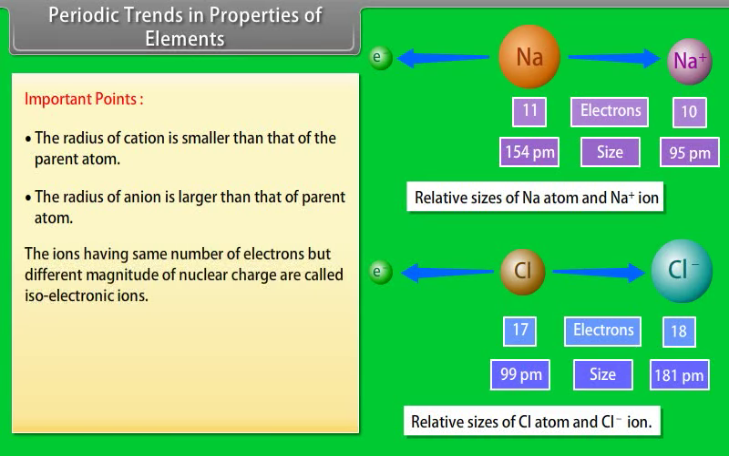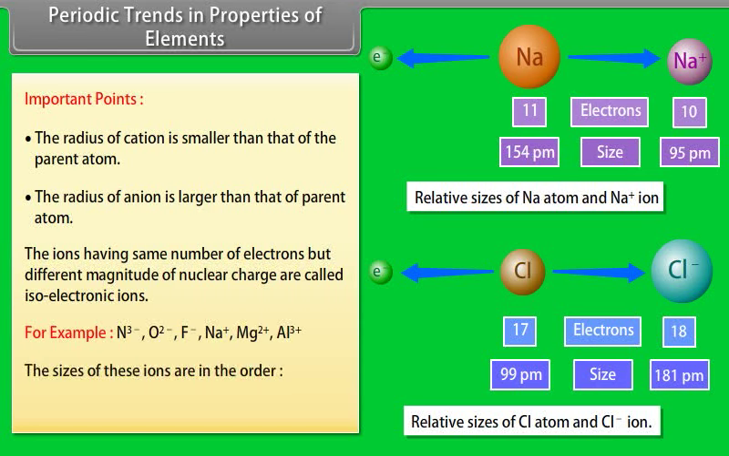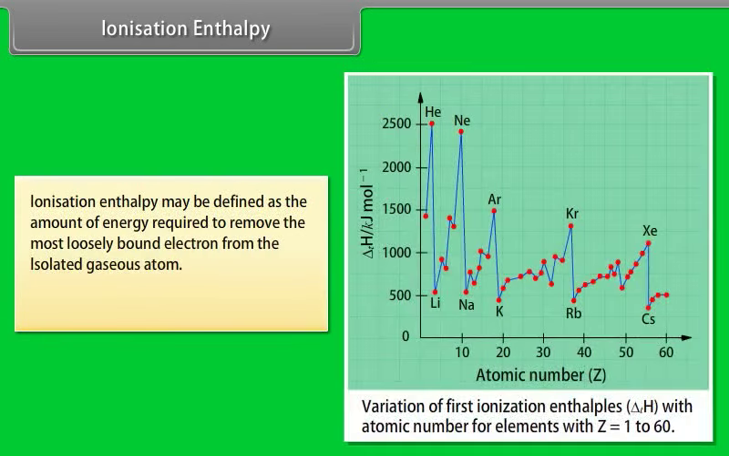The ions having same number of electrons but different magnitude of nuclear charge are called isoelectronic ions. For example, the size of these ions are in the order: Ionization enthalpy. Ionization enthalpy may be defined as the amount of energy required to remove the most loosely bound electron from the